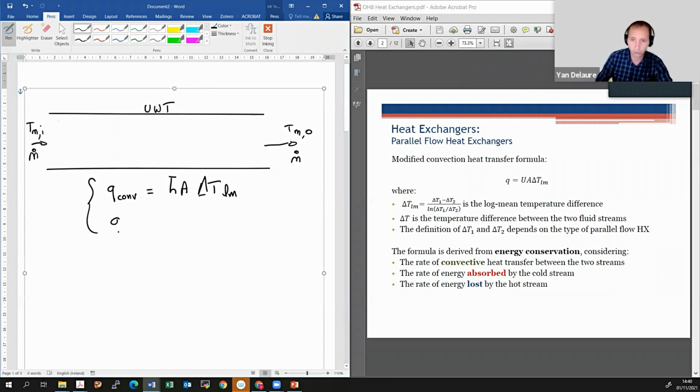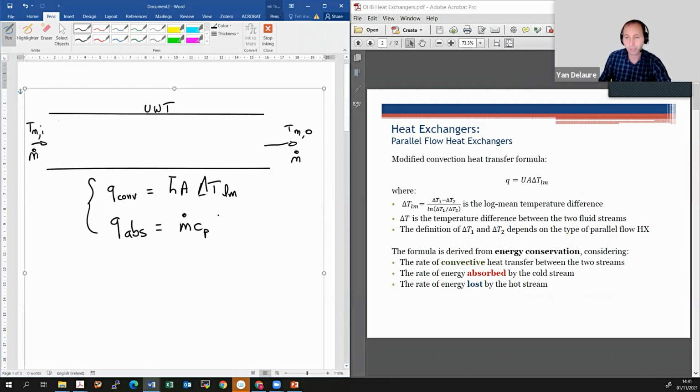Then at the same time, we had a separate equation which told us how much heat is absorbed. By absorbed, we mean that it's positive if it's absorbed by the fluid inside the pipe, and negative if it's actually released by the fluid inside the pipe to heat up the wall of the pipe. So we define that Q so that it's positive when you have an increase in temperature. So that would mean Tm,i is greater than Tm,o. So we would write this in this way: